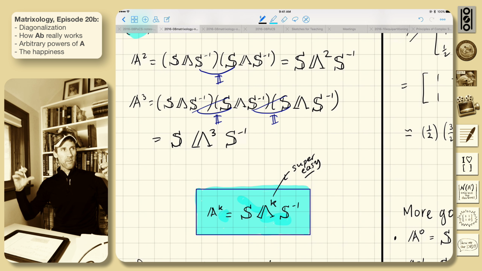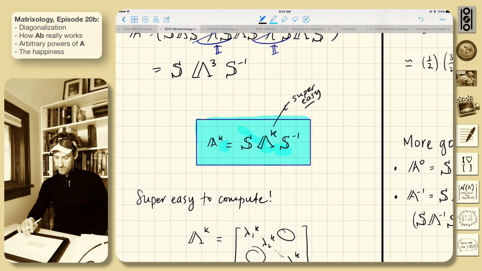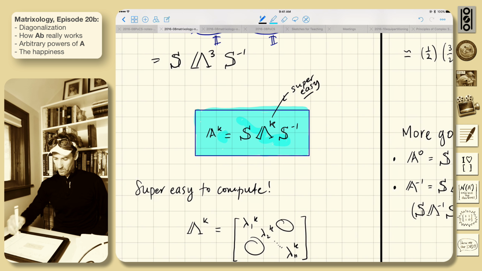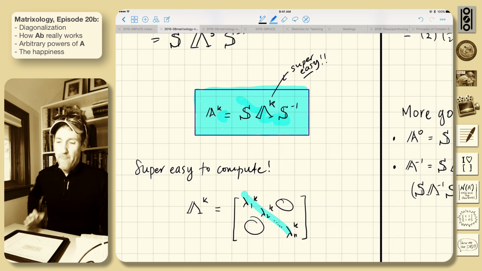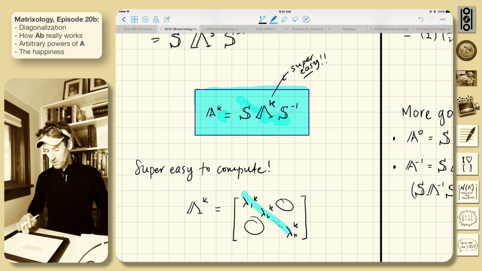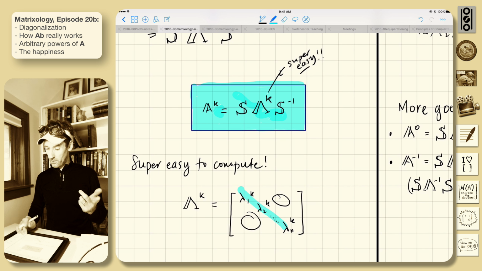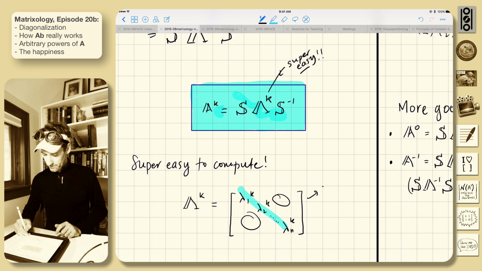And then we just have to multiply by S and S to the minus 1 to find the power of k. Right? I've said it twice. Super easy to compute, because capital lambda to the power of k is just this beast here. We just have to raise the individual eigenvalues to the power k. So what we'll see, very important, clearly important,